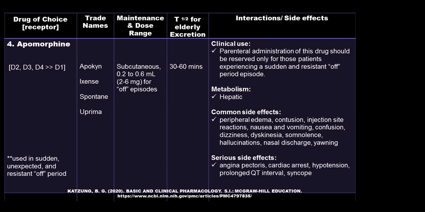The fourth one would be apomorphine, which is a strong non-ergoline D1 and D2 class receptor agonist that is most commonly used for the off dyskinetic episodes that occur due to the L-DOPA treatment. So off time is when levodopa is no longer working well, and symptoms such as tremor, rigidity, and slow movement re-emerge. So this drug is injected subcutaneously and may provide rapid but temporary relief of off periods of akinesia in patients on optimized dopaminergic therapy.